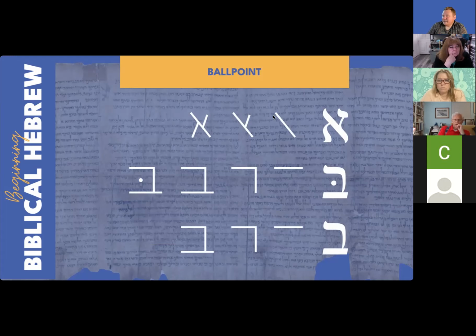So as with all of the Hebrew writing, we typically start and come from the left and go to the right and top to bottom. That way we're smudging less ink as we write, but again, write it however you'd like to do it as well. So we start with the main trunk of the aleph and go top left to bottom